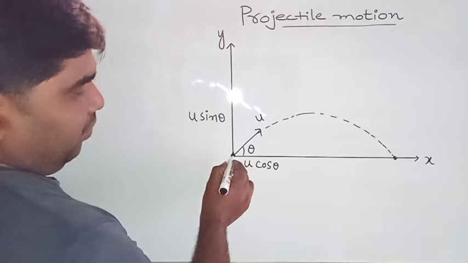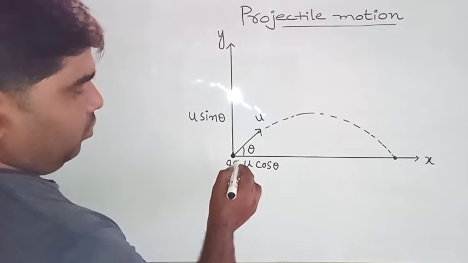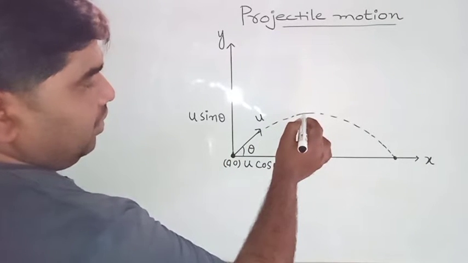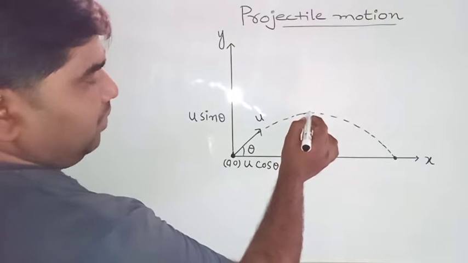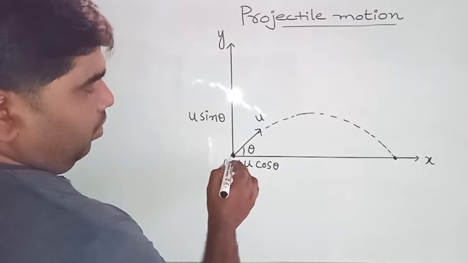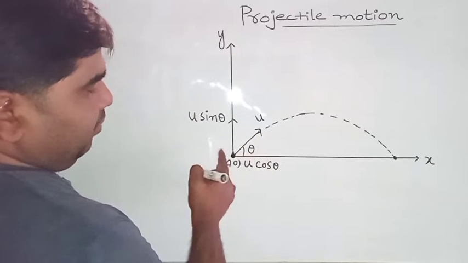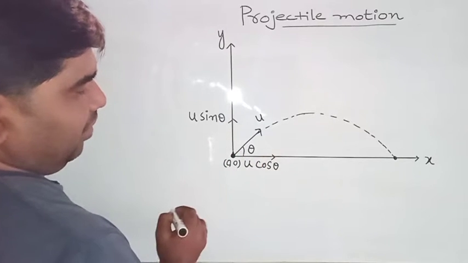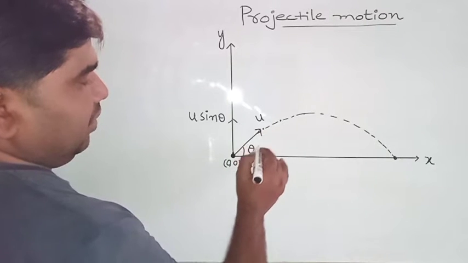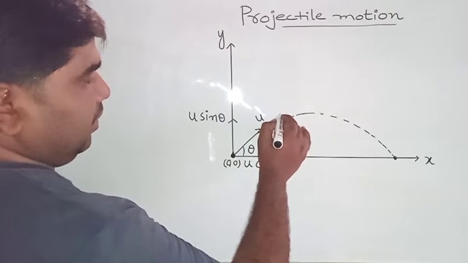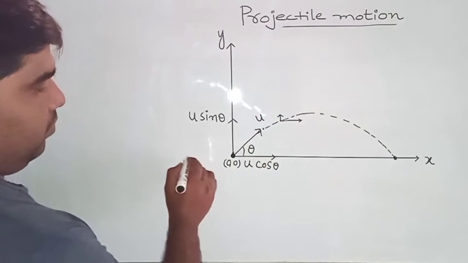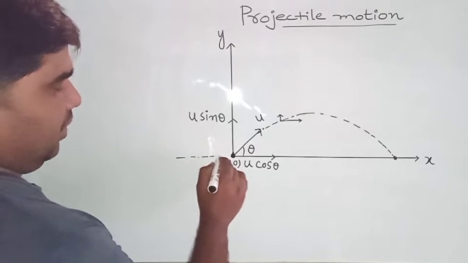Here, when it started from origin (0, 0), when it reaches the maximum height, the velocity becomes 0. After that, it comes in the downward direction. Now, initially, this is the vertical velocity, this is the horizontal velocity. Take this point, then the velocity here decreases when it goes in the upward direction. For understanding purposes, take here